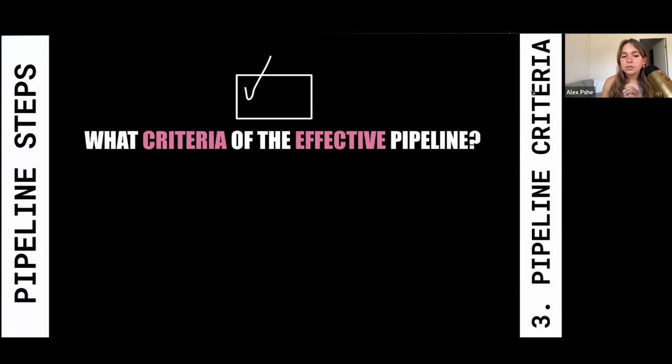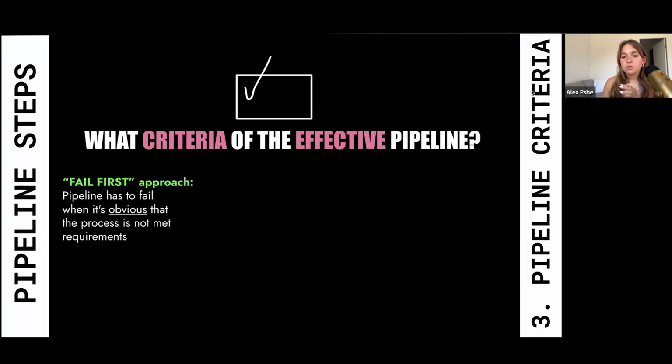Okay, so what are the criteria of an effective pipeline? This topic is also really important, because okay, we can set up a pipeline, but how do we create a really cool and at the same time useless pipeline if we don't follow these criteria? First of all, the fail first approach, just the example I mentioned before. The pipeline has to fail when it's obvious that the process does not meet requirements. So for example, if your code cannot be compiled, there is no reason to start